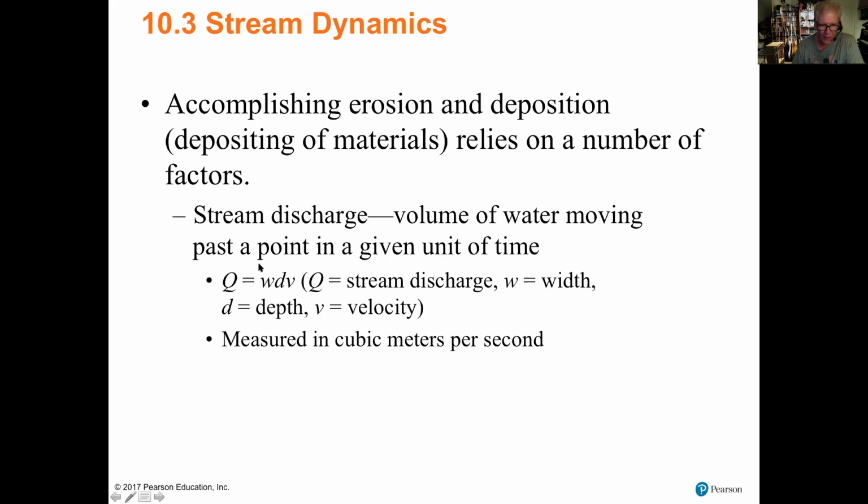If it becomes wider, the discharge gets greater. If you make it deeper, discharge gets greater. If you make it faster, discharge is greater. If you make these less, then the discharge becomes less. Okay, so that's why this is so important. And it's directly relatable to the erosion of the stream bed and the deposition, the depositing of materials as the stream